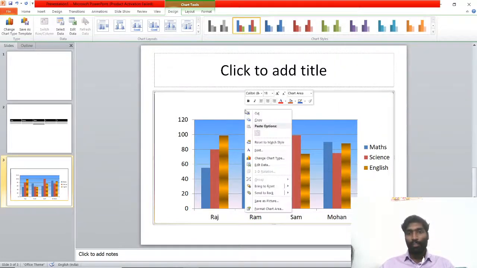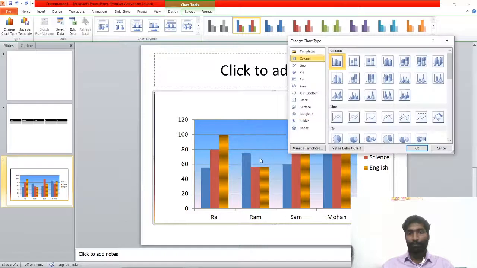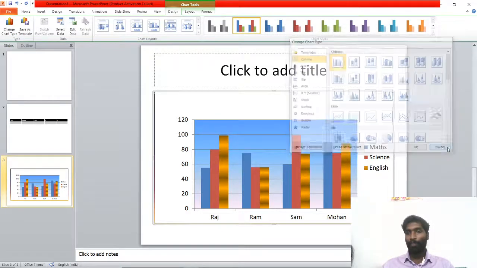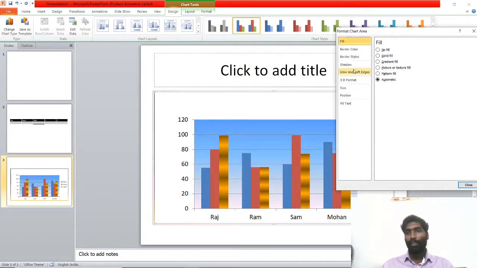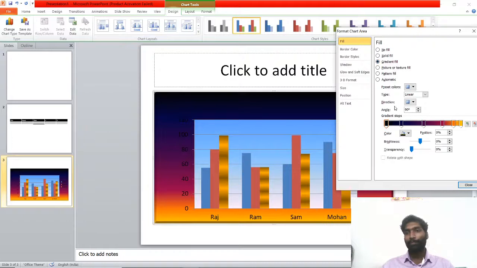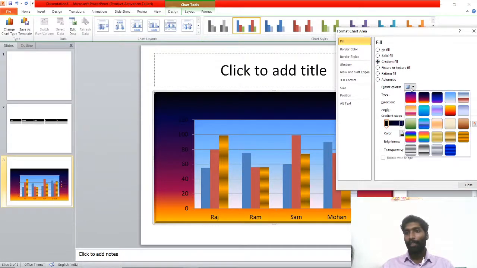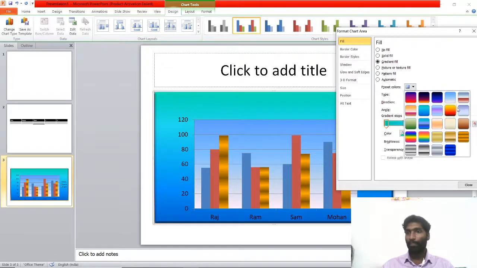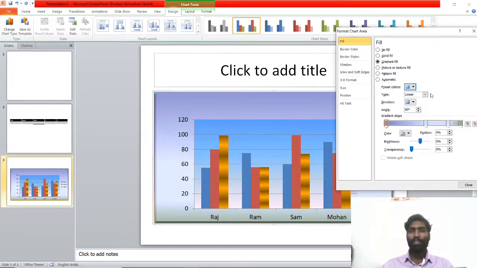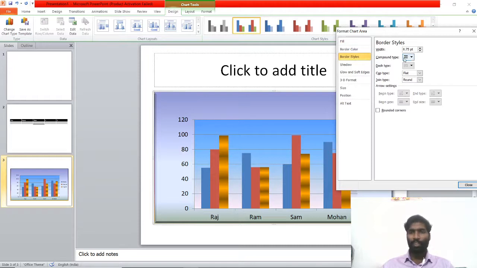So chart area, right click, see here chart type, but I want chart area, just right click, bottom, format chart area. So here gradient fill, and we can see the changes whatever option we are selecting. Not only this, students, there are several border styles.